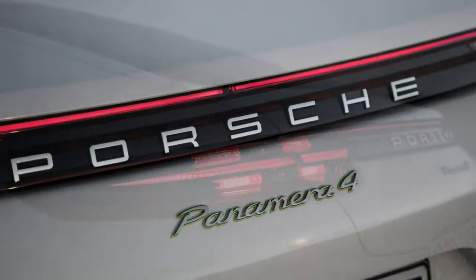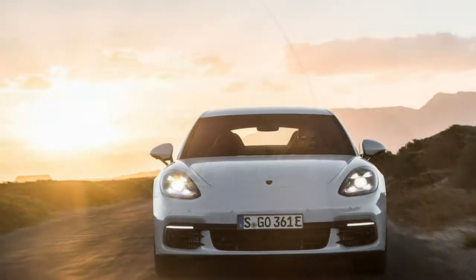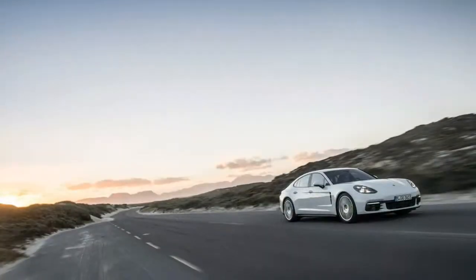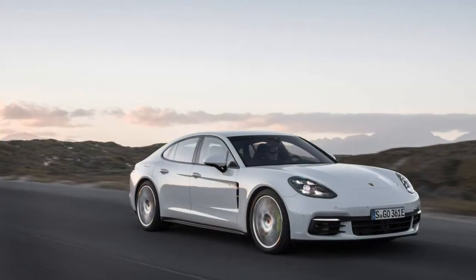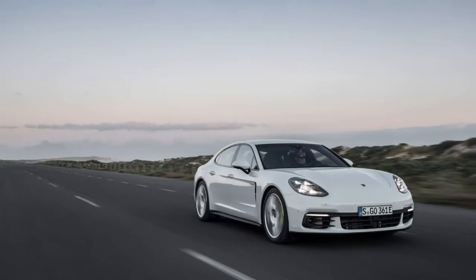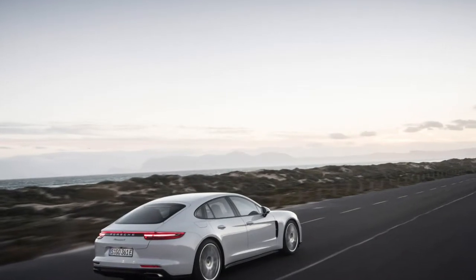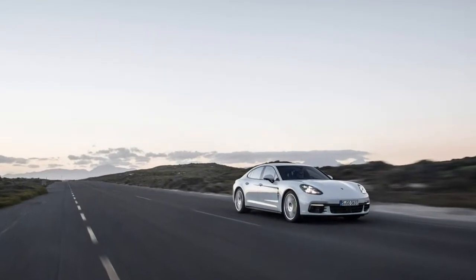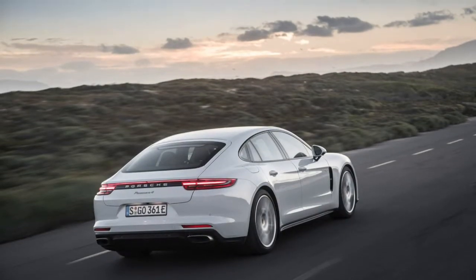Same story, right? On paper everything looks good. The Hybrid combines a 2.9-liter, twin-turbocharged V6 with 330 horsepower at 5,250 to 6,500 revolutions per minute and 331 lb-ft of torque from 1,750 to 5,000 revolutions per minute with an electric motor rated at 136 horsepower and 295 lb-ft. The maximum combined output is 462 horsepower at 6,000 revolutions per minute and 516 pounds-feet from 1,100 to 4,500 revolutions per